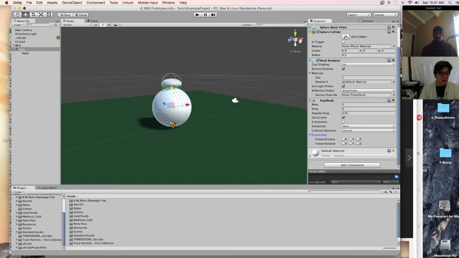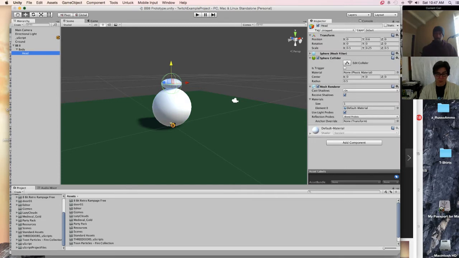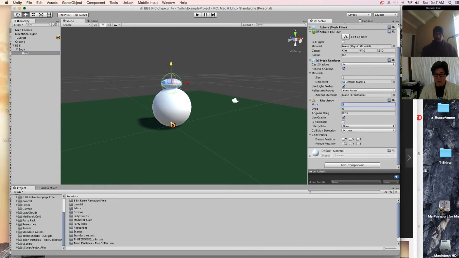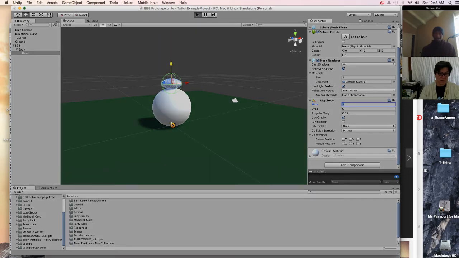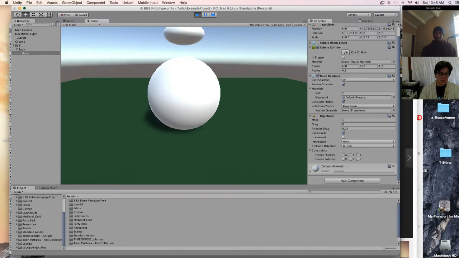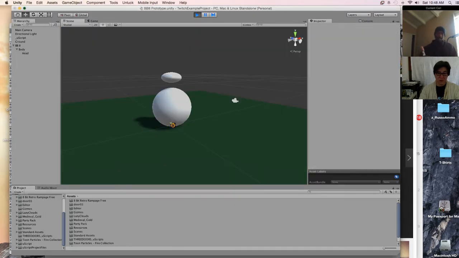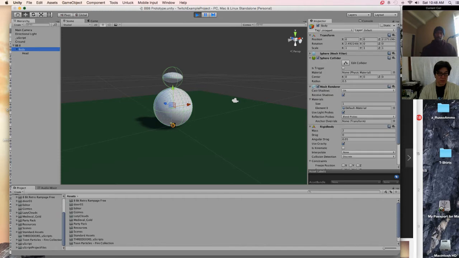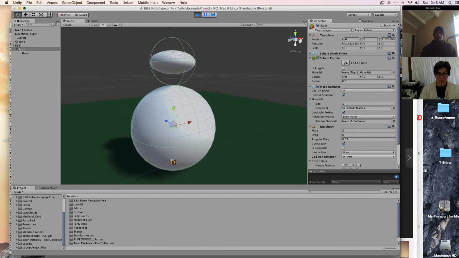So now the head is going to go where the body goes, but let's do what we just did, which is add a rigid body, and let's actually make his head a little lighter, right? Let's call it half the mass, which is 1. Not touch any of this other stuff, and let's do this. Notice it popped up. The reason it did that is it's actually correct. See where its collision is?